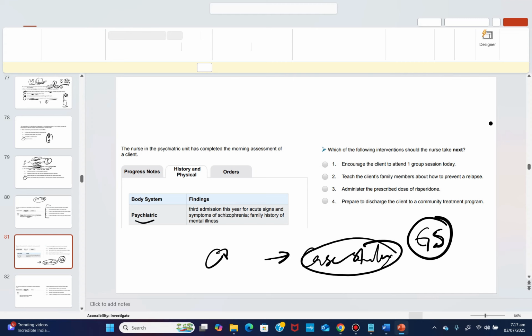Case study is your clinical judgment, right? Where you have recognizing cues, analyzing cues, prioritizing hypotheses, generating solutions, taking action, and then evaluation. The six items: one, two, three, four, five, six. You see? So if you understand how case study works, you can answer any kind of case study without even cramming or studying medical conditions, because you don't need it. The case study has been written in a certain format so that the answers are already in the question. You just need to understand the case study to be able to apply the right answer.